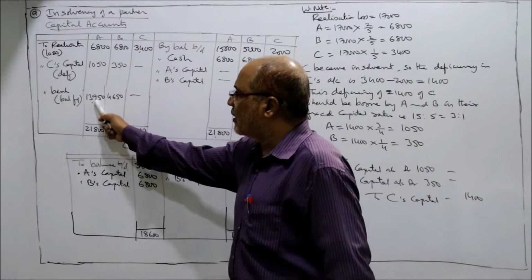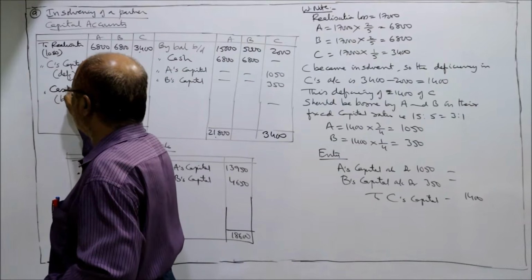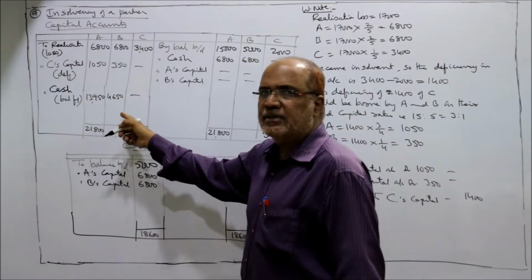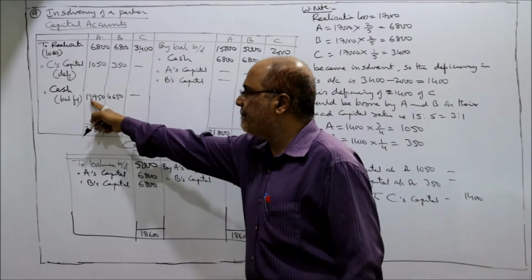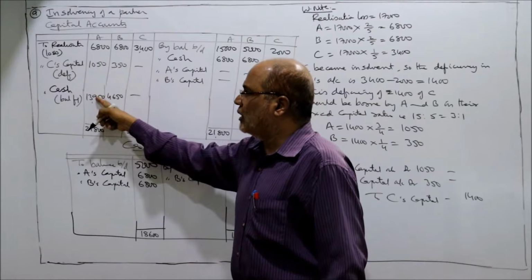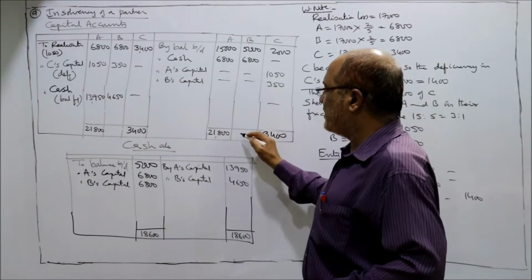So A's capital account debit, instead of bank we can write cash because we have cash account. So A's capital account debtor to cash. So here by A's capital 13,950. A's capital को डेबिट करें, कैश को क्रेडिट करें। उसी तरह B के लिए टोटल इज 11,800।